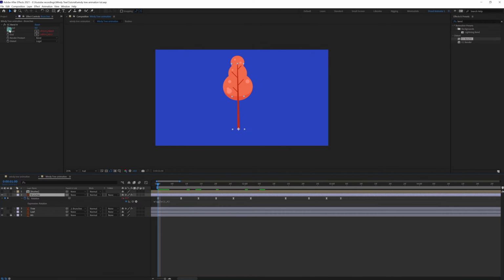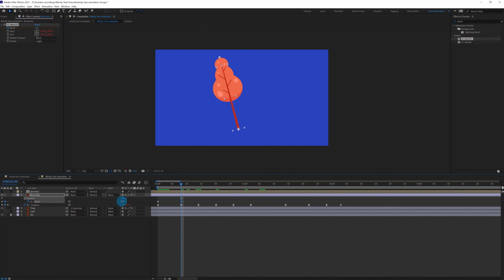So select this and put a keyframe at this point. Press U to open the property with keyframe, and at this point we are going to bend it. Let's give a bend of around -15. At this point let's give around -10, and to the same, copy this keyframe and paste it over here, and alternatively copy this keyframe and paste it over here. Then again copy this keyframe and paste it over here, and after that this is going to settle